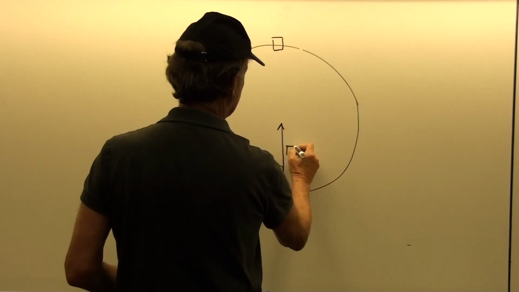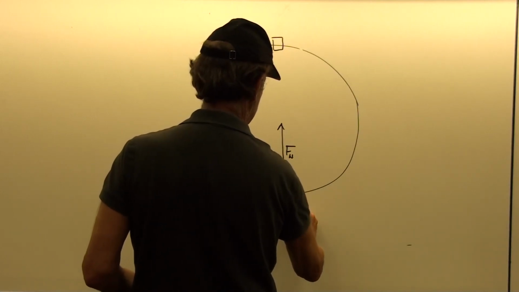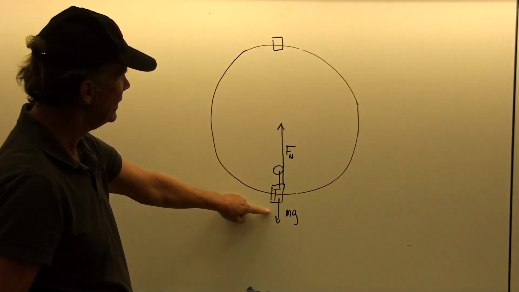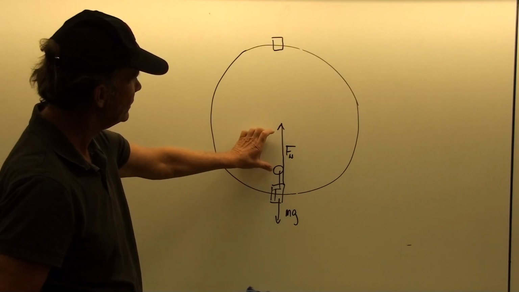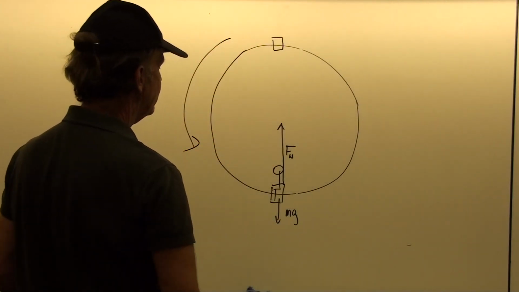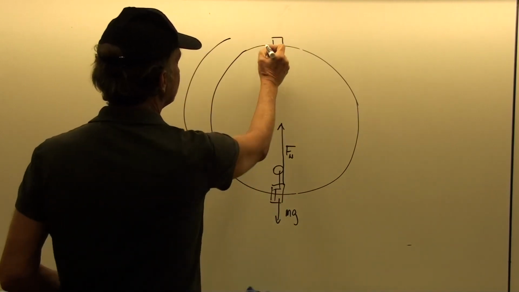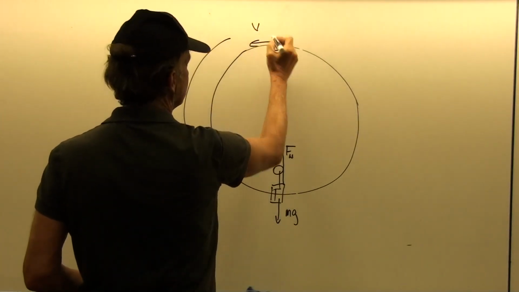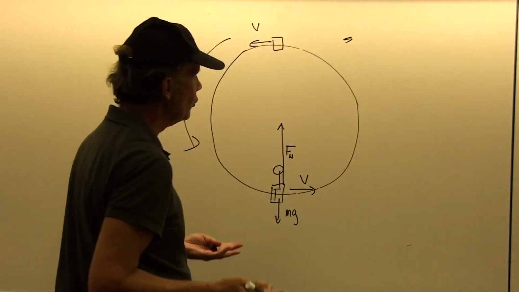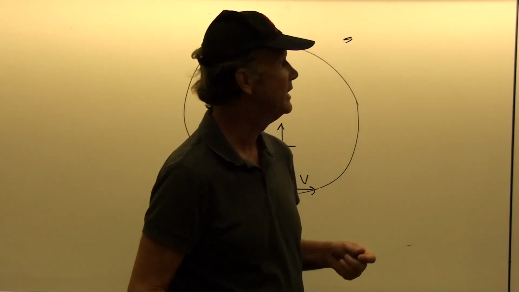So at the bottom, you'd have a normal force and you'd have mg, but the normal force would have to be bigger than mg, because the difference between them as you're going round and round in a circle has to be equal to mv squared over r. Let's say that the velocity is constant. Here it's v, here it's v. We'll change it up a little in this one. Instead of solving for v, we'll be given v.